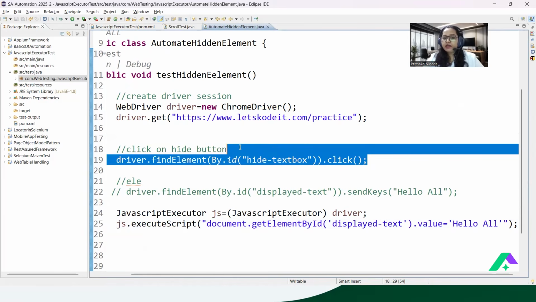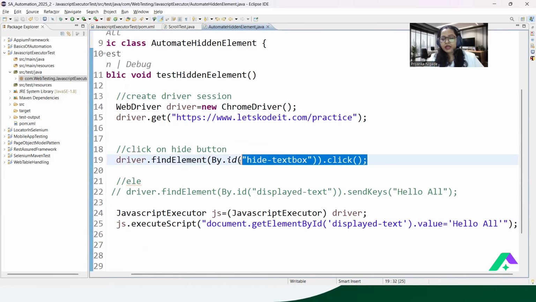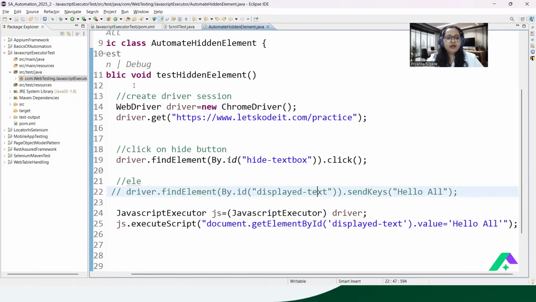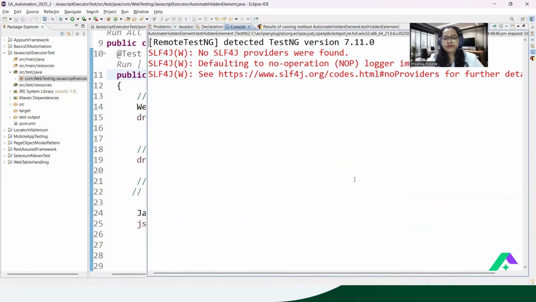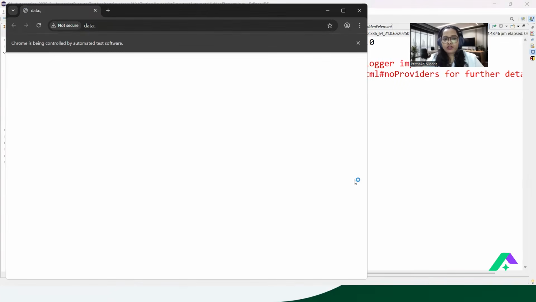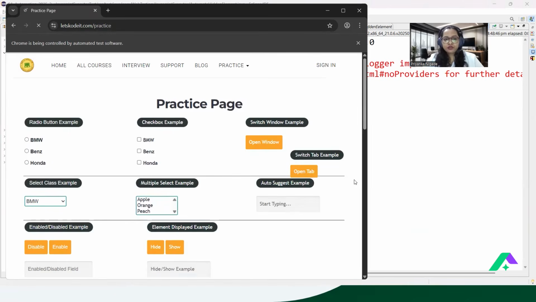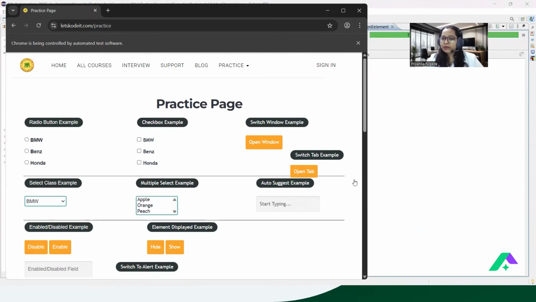Whenever you click on the button, that next element will be hidden. And the hidden element we are trying to automate now with the help of this JavaScript executor command. So when you show that button, you will be able to see the text written inside that hidden element, which is hello all. Clear? Let's see. If I run the complete test case again, see what the outcome is. When you execute, the application will launch. Again, the button will click. Now you can see the text box will be hidden. Let this page load properly. Done. And see, this time I'm not getting any failure.